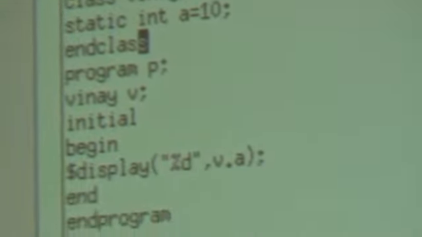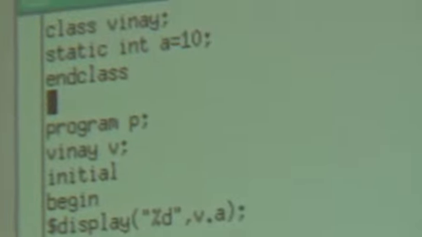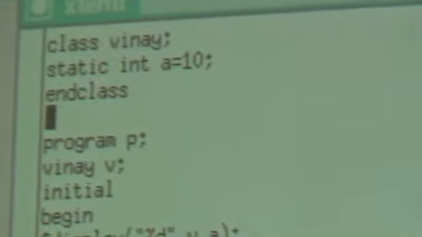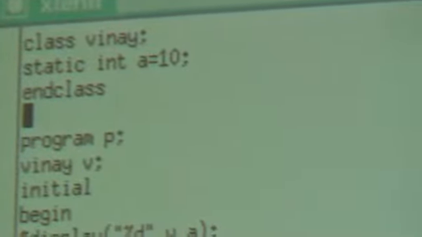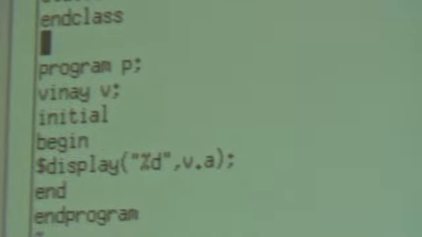Let's separate it to have a little bit of clarity. Yeah, this is the class and this is the program. I need to access this property, a equal to 10, in the class without creating an object. So I will access it using v.a, where v is the variable of my class. Now we will save it and come out, then we will execute it in the Cadence tool. Colon WQ and exclamation mark is the save and exit command for the VI text editor. We save it and exit, and we are going to run it.